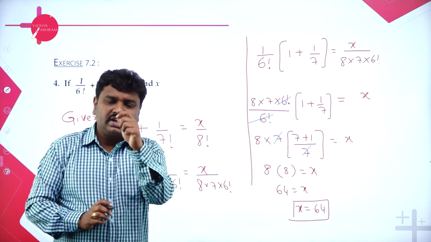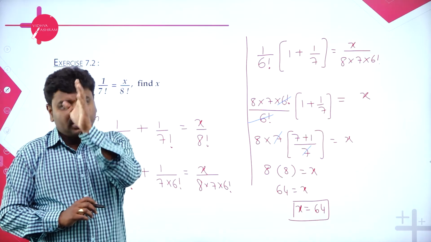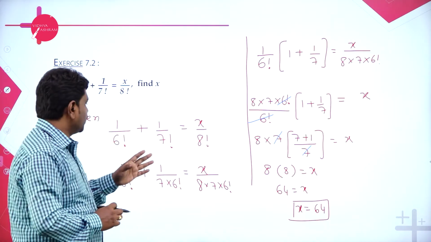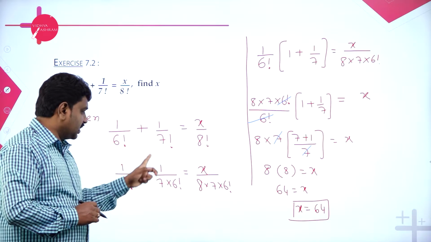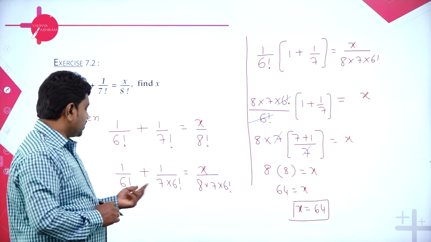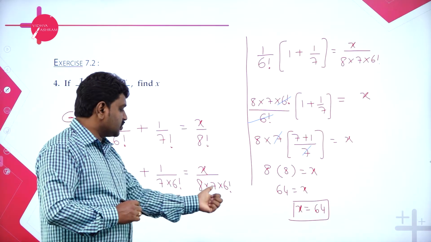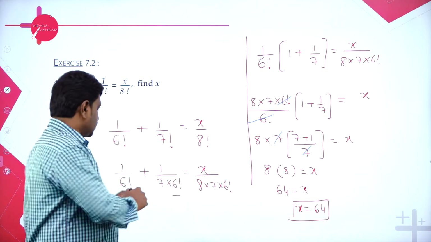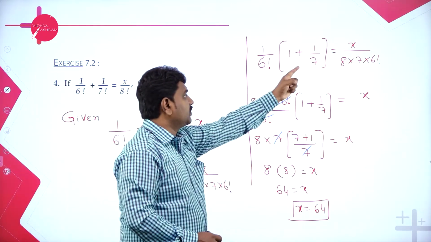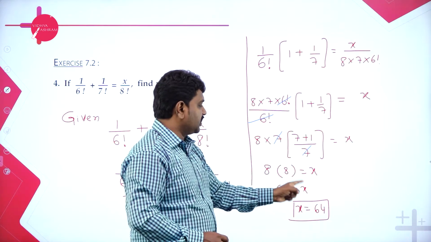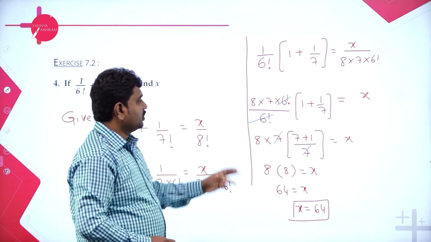Always we can write any number n as n into n minus 1 factorial, or n into n minus 1 into n minus 2 factorial. That's what I have done. So here I exhaust 6. So I'll reduce this. 7 factorial, can I write it as 7 into 6 factorial? Because I have 6 factorial here as well as here, I'll write 8 as 8 into 7 into 6 factorial. So 6 factorial can cancel and whatever is left out you'll get. Here taking LCM, 7 1s are 7 plus 1, 8 by 7, and 7 7 cancels. So outside we have 8.